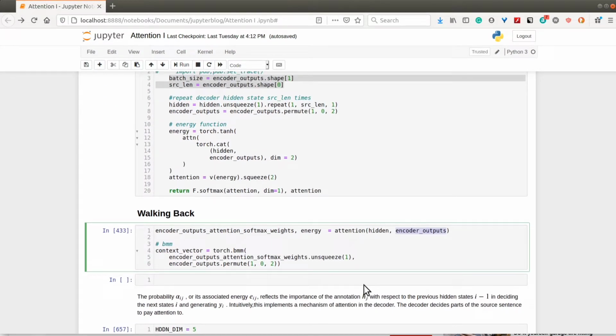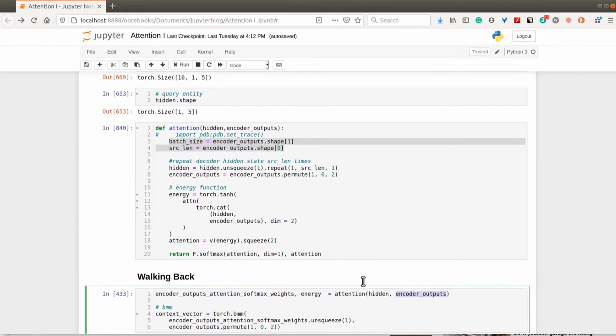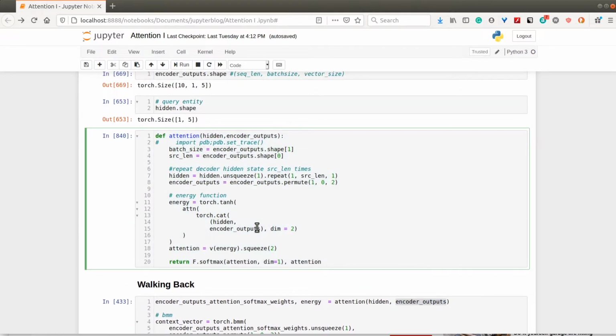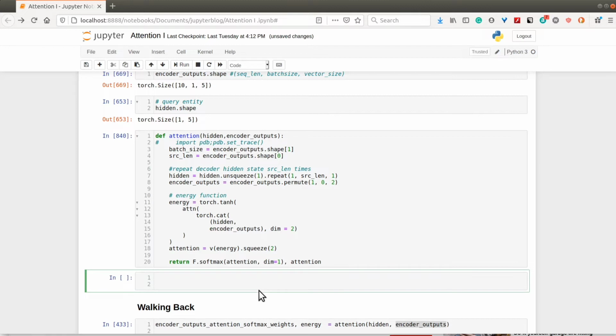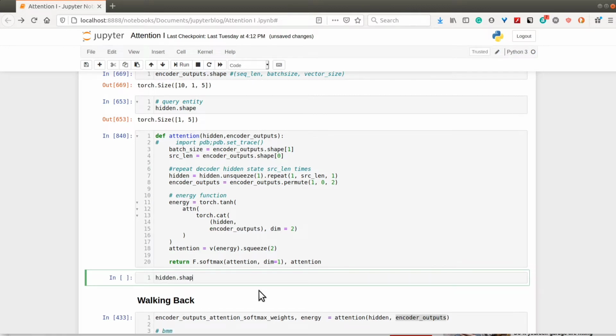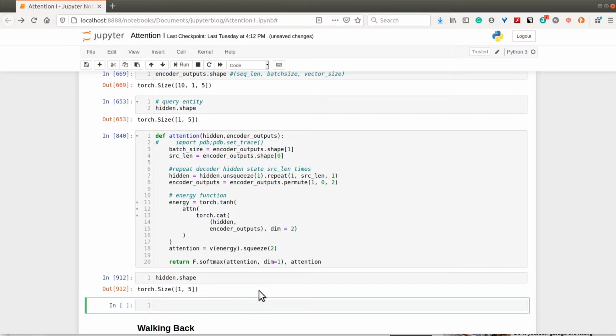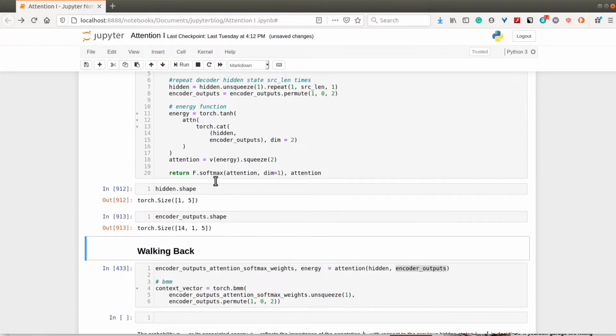So let's talk about what the attention mechanism might look like from the inside. I have defined the attention mechanism over here, but I want to talk about what we can deduce from what we know of what the attention mechanism is going to look like. So just to be able to talk through my deduction, I have a hidden shape, I have encoder outputs dot shape. Right, these are my two inputs to the attention mechanism. The hidden variable represents the current state I am in, and the encoder outputs variable represents my group of entities, and I'm going to be returning a weight for those group of entities. So